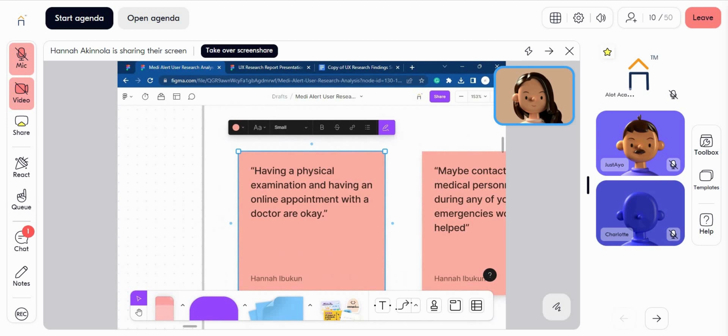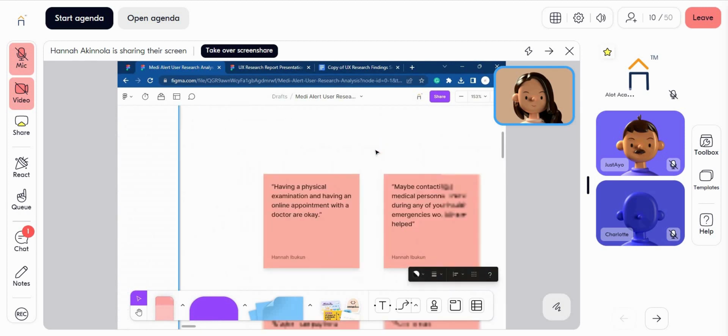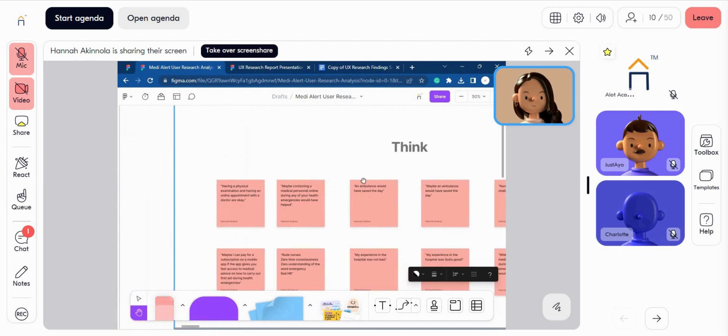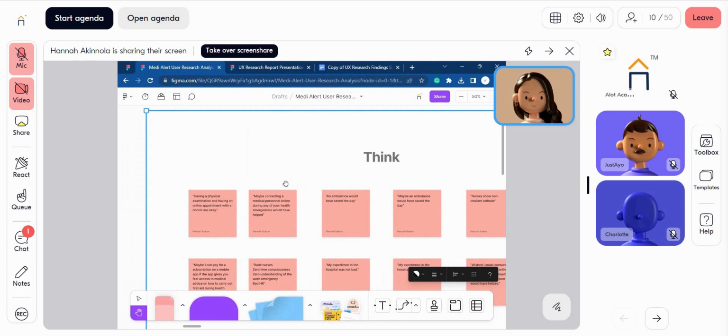So these are things that are disputable, and they are still subject to change. It's not a fact. It just depends on what the person feels per time. So later on, maybe after some years, she might have another experience, and then she feels that having online appointments with a doctor is not okay. It's just out of it. I would prefer physical examination. So this kind of